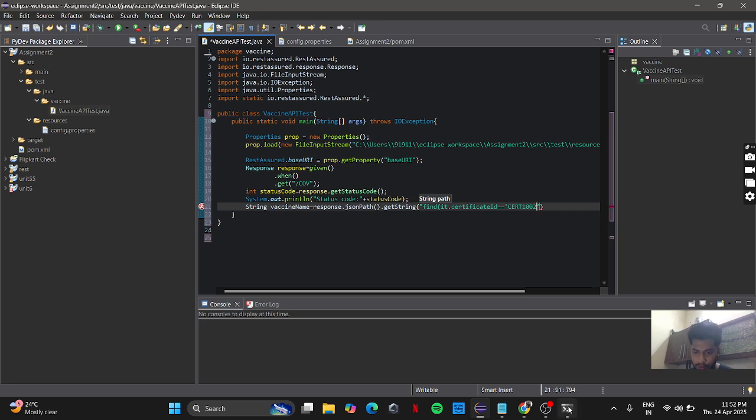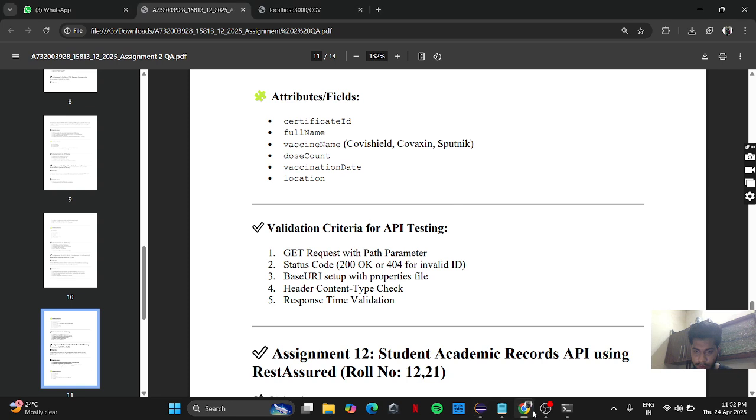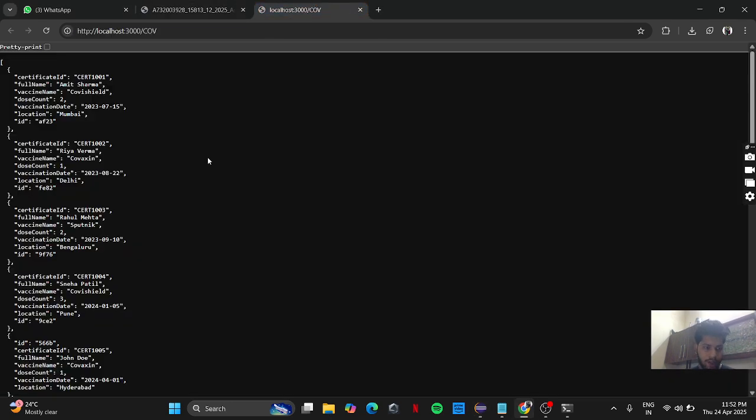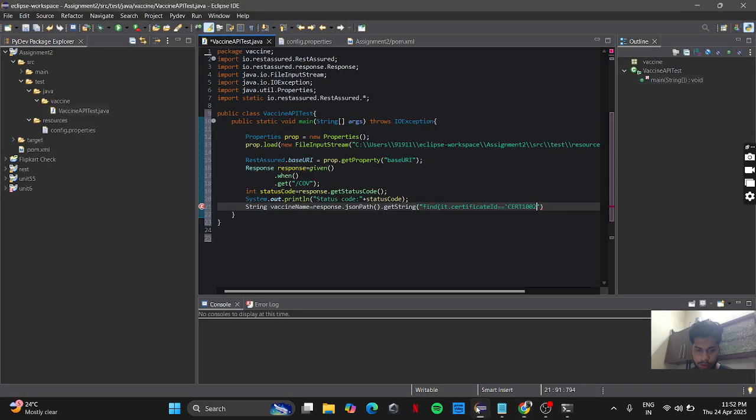Okay, so I have created my APIs. You can see I want to fetch the details of certificate ID 1002. So I will put cert 1002 here, and it will show me the basic details of that person. Vaccine name. Okay, it will help me to print